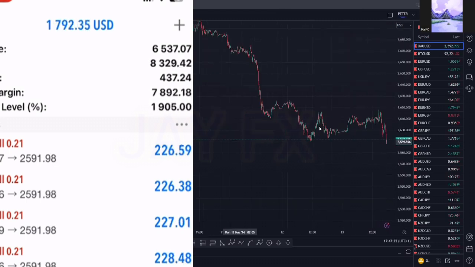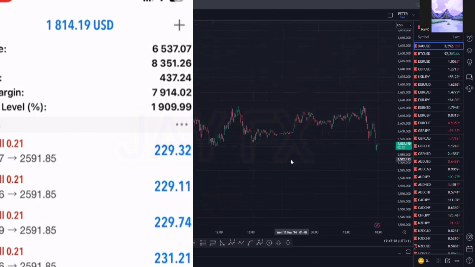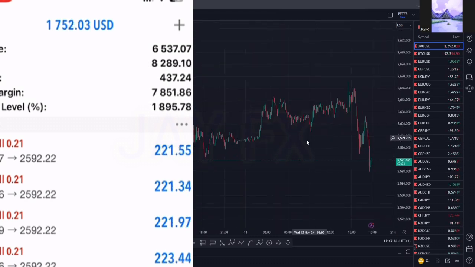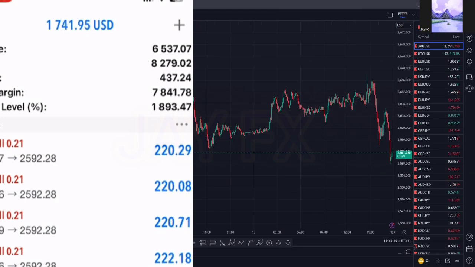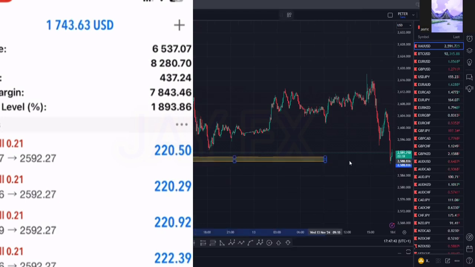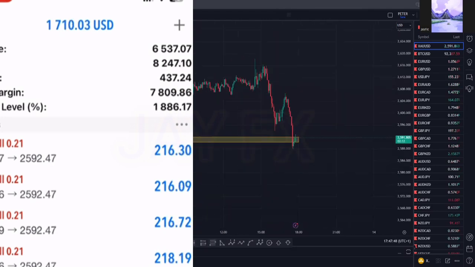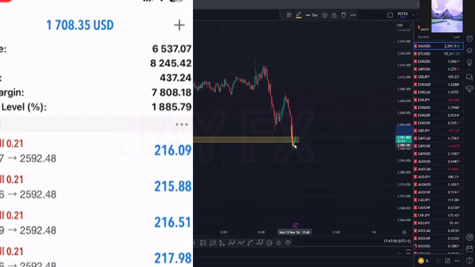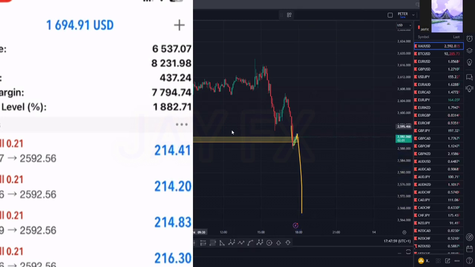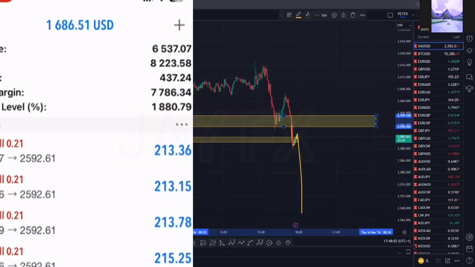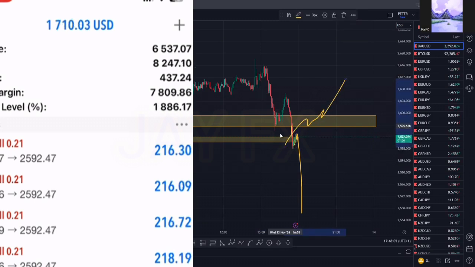So I took this after the news. I think you saw how I traded CPI. I bought and immediately I closed because I knew that I was against the trend. So now, what I am expecting is what started to happen. After breaking this, I am also expecting this pullback, as you can see that it has already started. And then from there, the market will have to go down peacefully because it's not gonna go back to break this up.